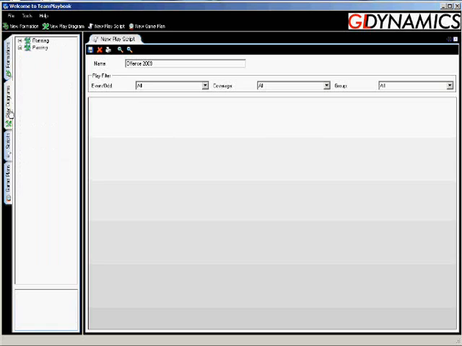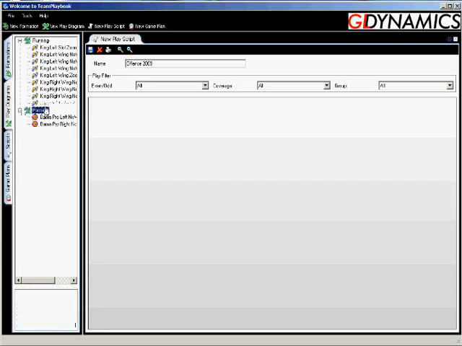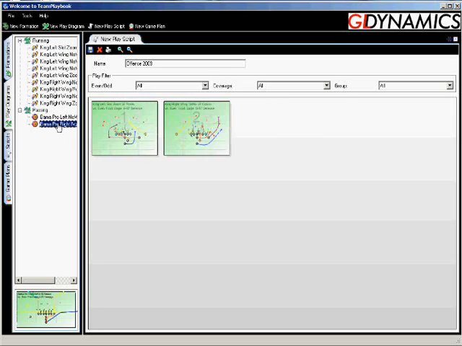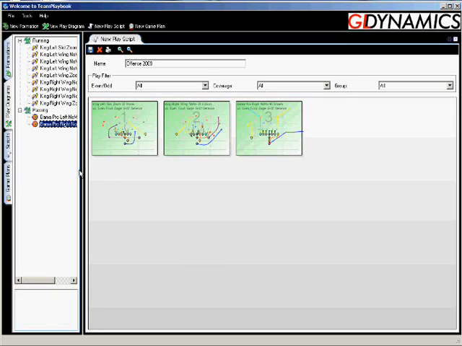And then you'll go to your plays. From here, you can start dragging and dropping any one of the plays that you've already created in any sequence you'd like right into the window, as you see me doing here. So I'll go ahead and start dragging in all the plays of my offensive playbook this way and just keep